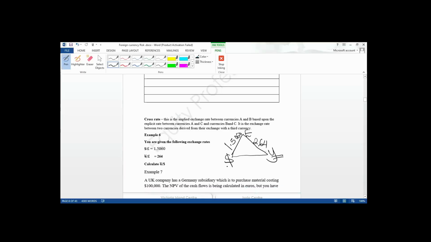If you are to do this now, that becomes cross rate. I want to get Japanese yen to dollar. I know that,